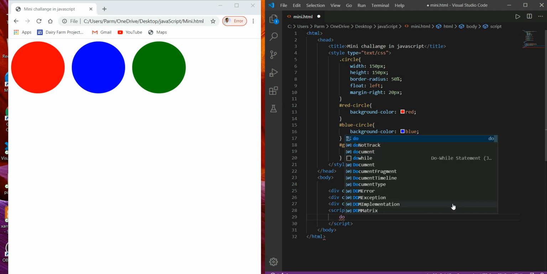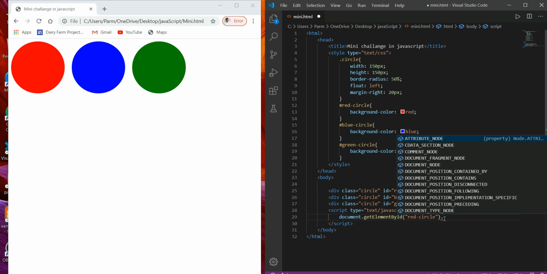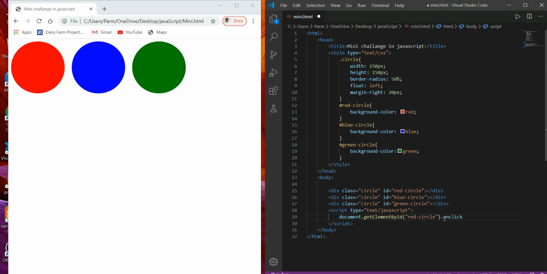For that you have to write document.getElementById, and here the id for this red circle is red circle, and here we have to write onclick equal to, and here we have to create a function.